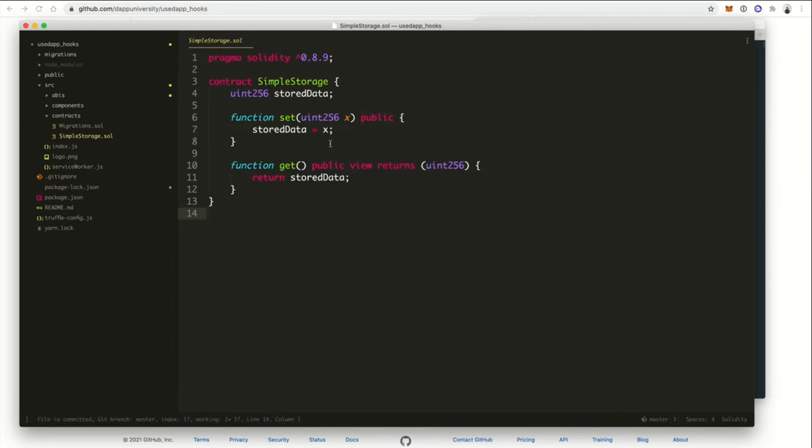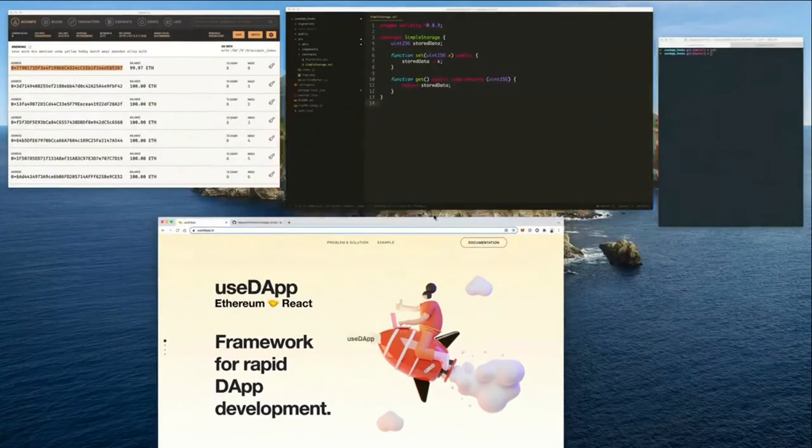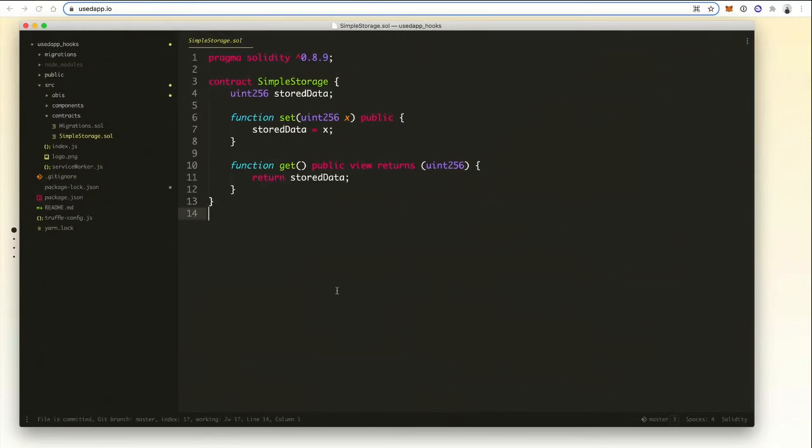So what we're going to do is create a basic Dapp with a basic smart contract, push it to the blockchain, that has simple read and write behavior. But we're going to use useDapp, the framework that we're talking about here, to illustrate this. The point of this tutorial is not to show you how to create an advanced application or even a unique application. This is going to be similar to some other tutorials we've done in the program here,